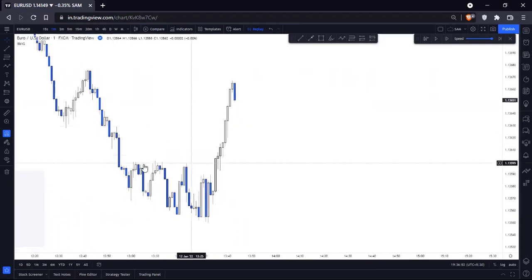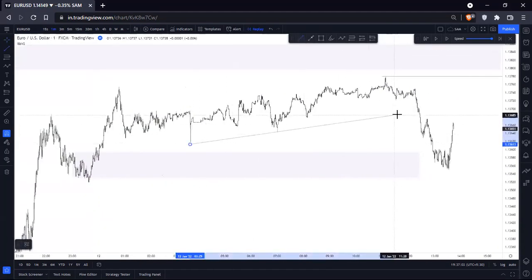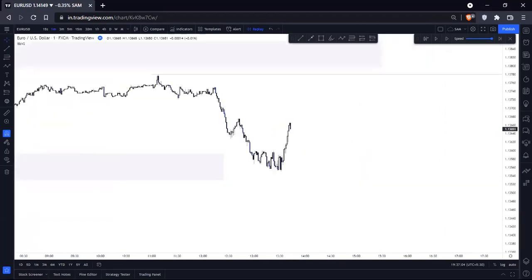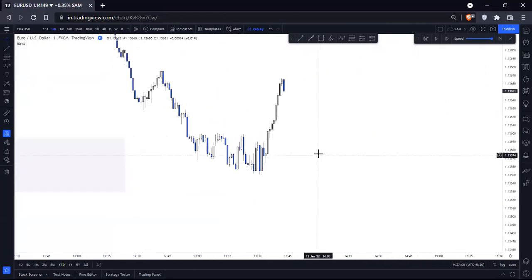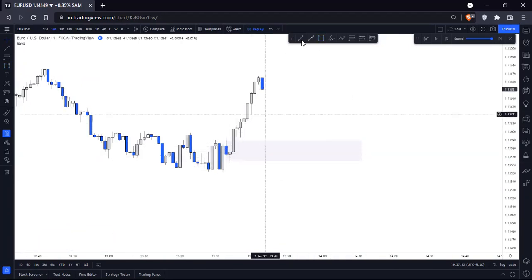So now this was a liquidity point for us, but now this momentum is pretty strong, so we can take the higher time frame into consideration that this liquidity is playing out, and now we are looking for buys, of course. So where we can take the buys, probably right in this area, because this push started right from here. I'm gonna just place the entry right here,